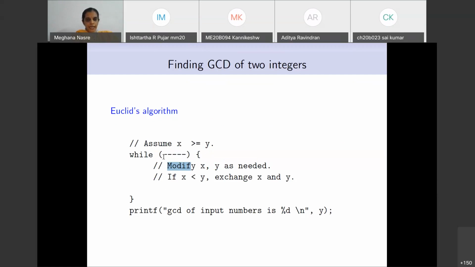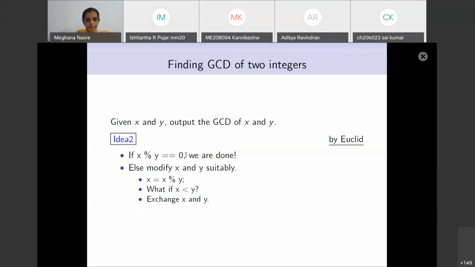So I leave you to think about this. There are correct answers also, but the template that is given here should lead you to the answer, right? There are incorrect answers, there are correct answers, both of them are there, but x is not equal to y is something which is not correct.